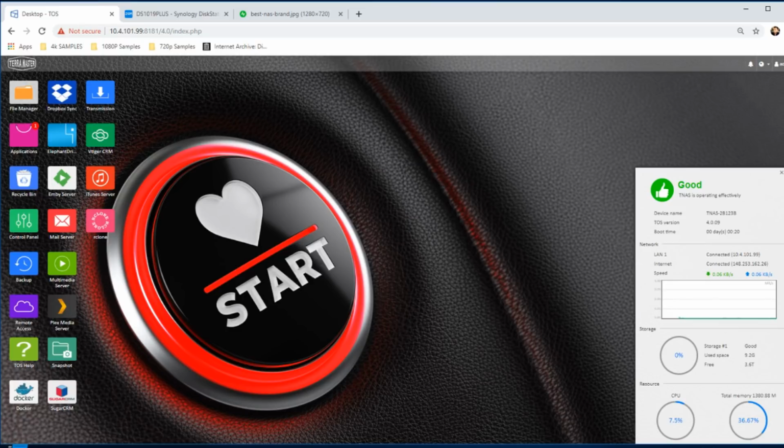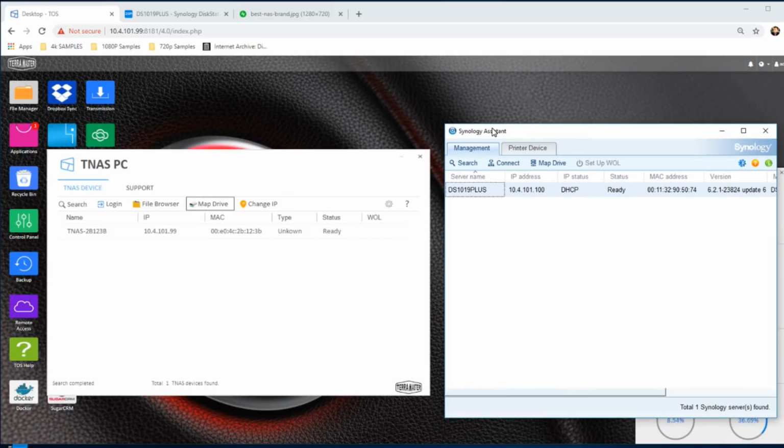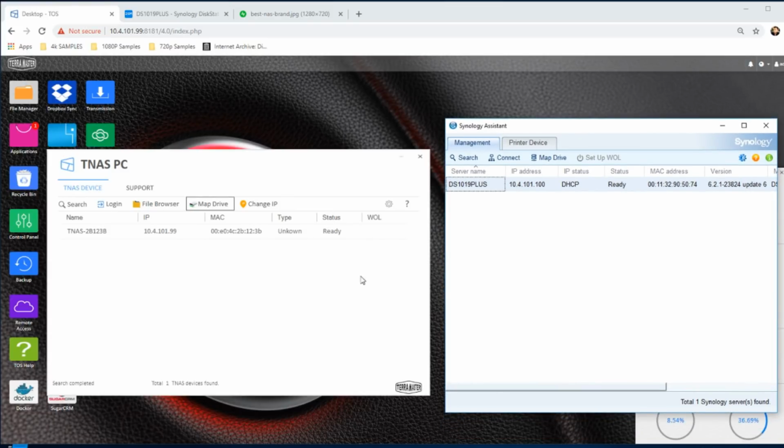And in fact, both of them arrive with their own client software, if we put them on screen here, and these are available for both Windows and Mac, and these let you find the NAS on your local area network, and you can add internet-based ones as well, and you can configure them, add mapped network drives and more. So for those of you that wonder how the TerraMaster, let's face it, in this comparison is going to probably be the underdog compared with Synology, the first thing we should do, let's show you how to map a network